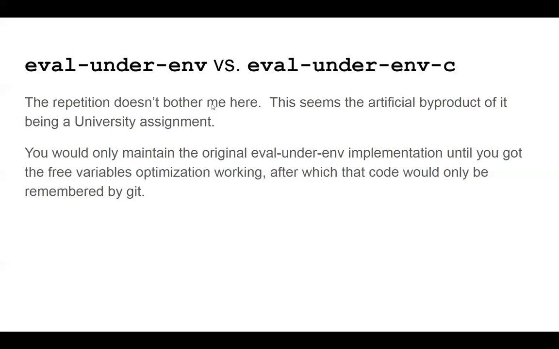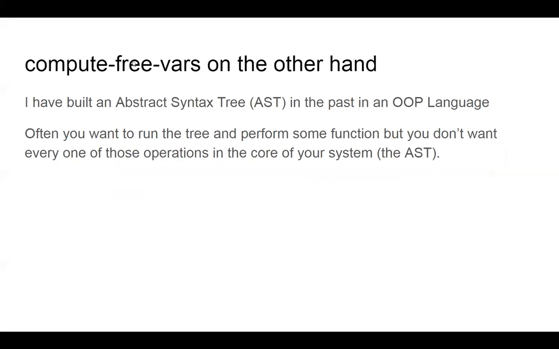So this whole code repetition doesn't bother me so much because you would just replace one implementation with the other normally. The compute free variables part, on the other hand, that's definitely something where I think what this person is getting at comes along. I have built an abstract syntax tree in my past life many moons ago. This was in Java, an object-oriented programming language. And when you have an AST like this, with the fundamental language that you've built for your project in it,